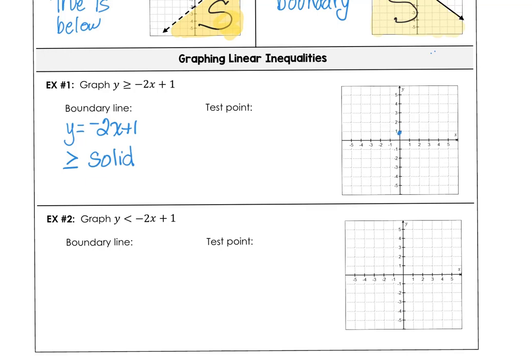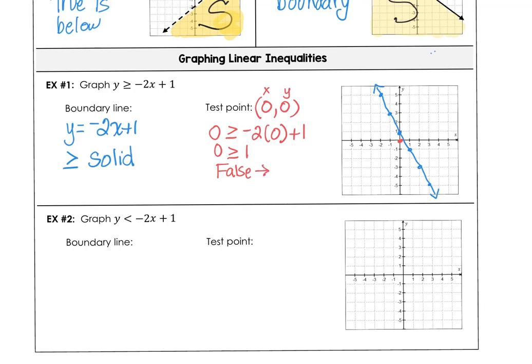And let's take a look at that. So we want -2x, a slope of -2 is going to go 2 down and 1 to the right, or 2 up and 1 to the left. And you notice that 0, 0 is not on the boundary line, so we could test 0, 0. Is 0, which is my y value, greater than or equal to -2 times our x value plus 1? So 0 is greater than or equal to 1 is false, which makes that half plane below the line